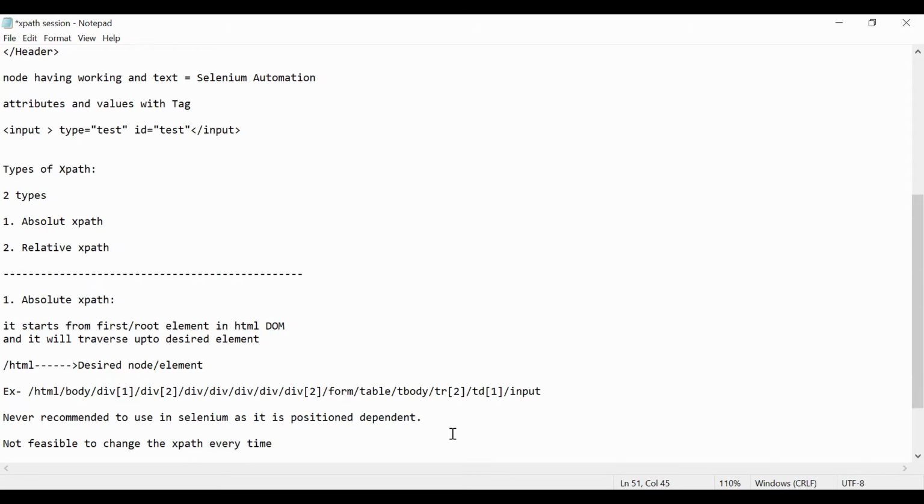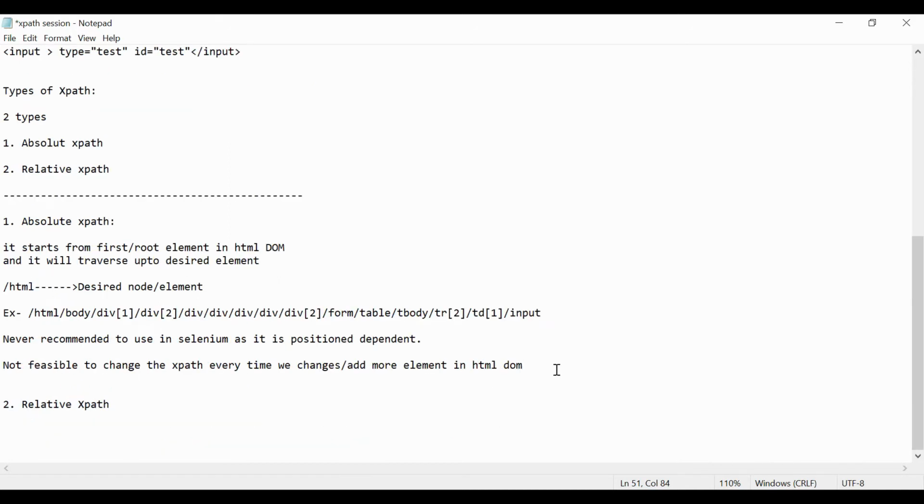Every time we change or add more elements in the HTML DOM. So just for the sake of information, let us go and see what exactly relative XPath means.